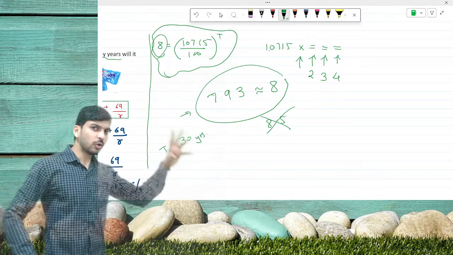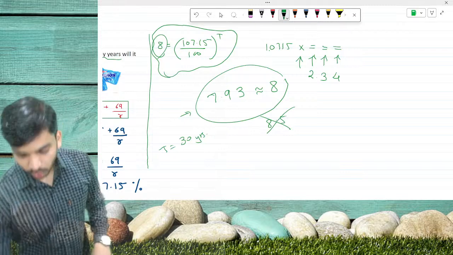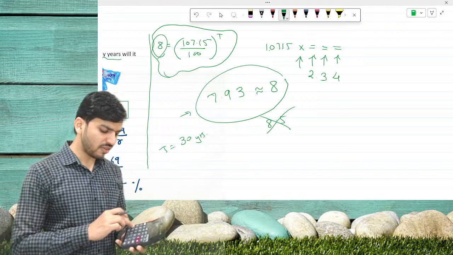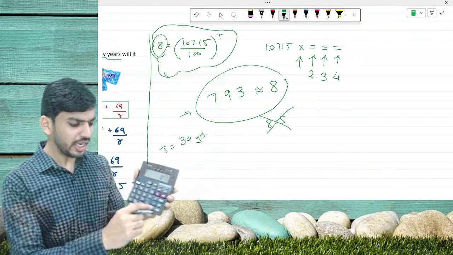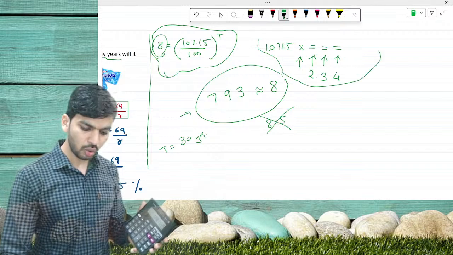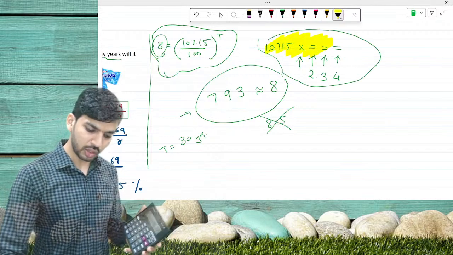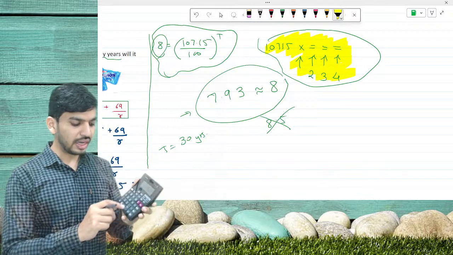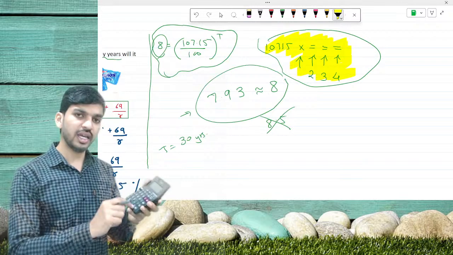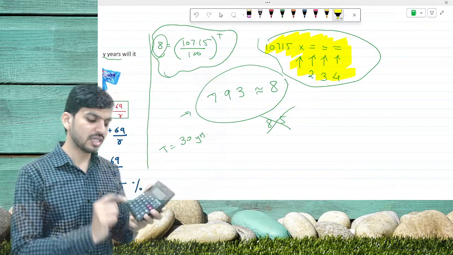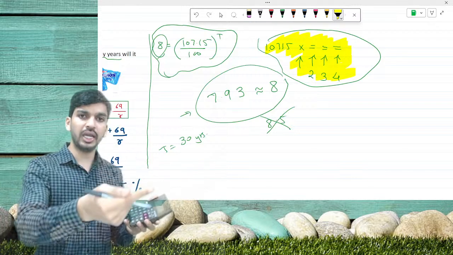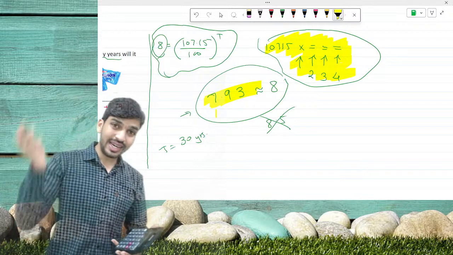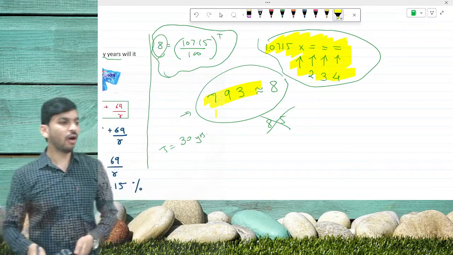Okay. So after doing this part, now what we need to do is, our calculator was showing 1.0715. We need to do into equal to. See here I have done into equal to. And when you press equal to, count 2. Start from 2 and then 3, 4, 5, 6, 7, 8, 9, 10, 11, 12, 13, 14, 15, 16, 17, 18. You have to keep going until you get the answer nearby 8. And that count will be your number of years.